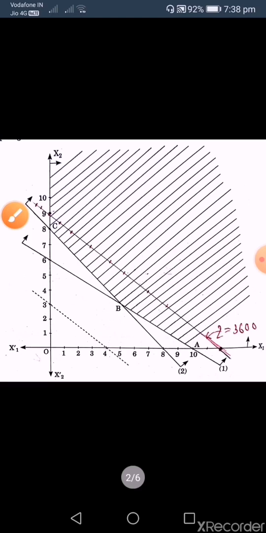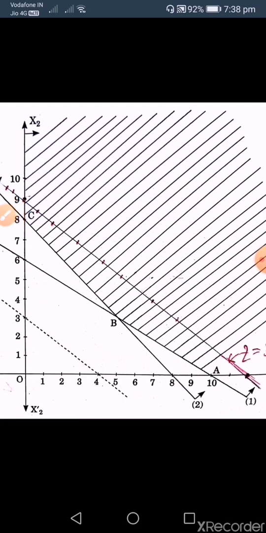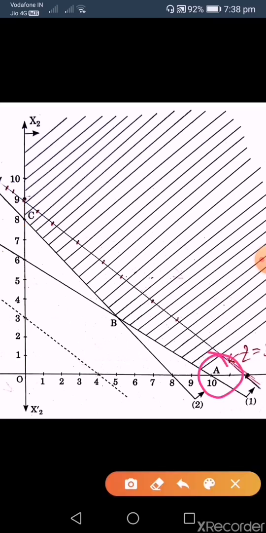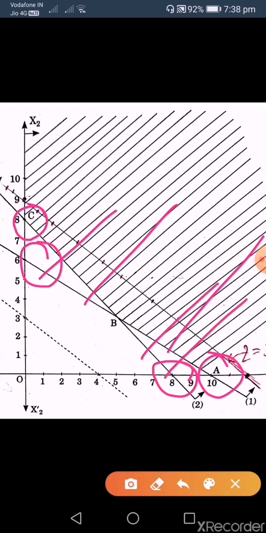Let us have a look. You see, this is (10, 0), this is (0, 6), and this is away from origin. And for the next one, this is (8, 0), this is (0, 8), as well as away from origin. And the remaining two constraints, x1 greater than equal to 0, x2 greater than equal to 0, will give us the entire